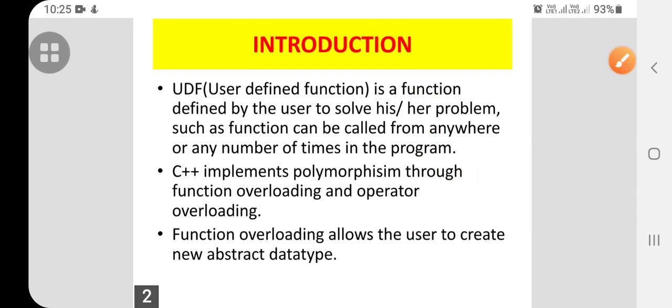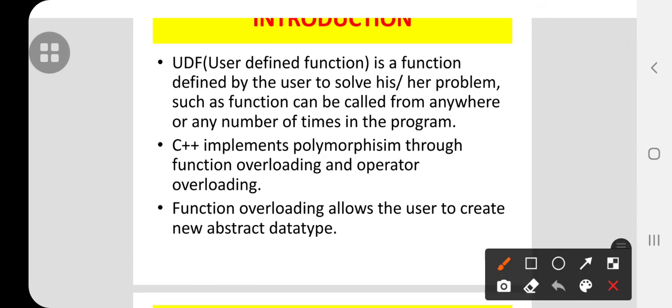Function overloading implements virtual polymorphism, and it also creates a new abstract data type which we'll see further. I hope you all understood the introduction part.